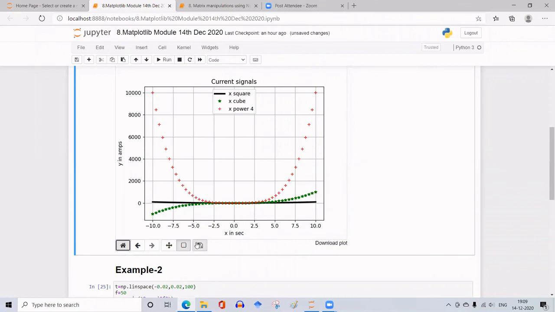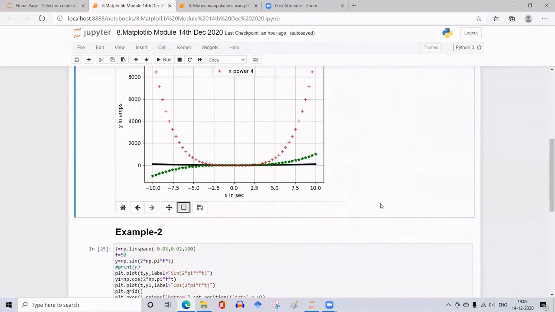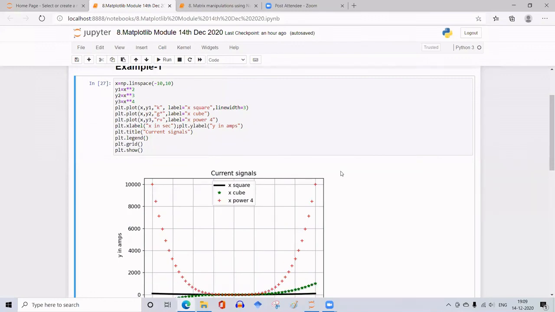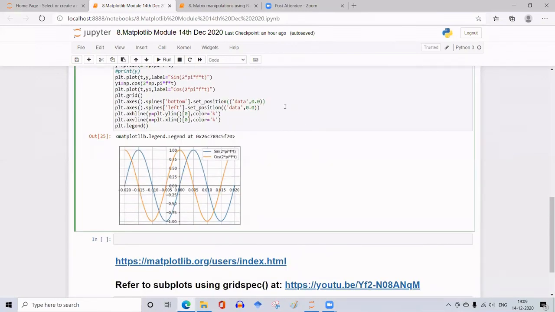And you can even get the readings as you move this cursor over the graph. You get the X and Y coordinates on the bottom right corner of this plot. So you see here, now X is equal to -9.63 and the corresponding value of Y is given by 8.44 times 10 to the power of 3. So like this, as you move along the plot, you get the X and Y coordinates displayed. It gets modified as you move along the curve. So to illustrate the next graph, you must disable the interactive nature of this first graph. Let me run this cell.